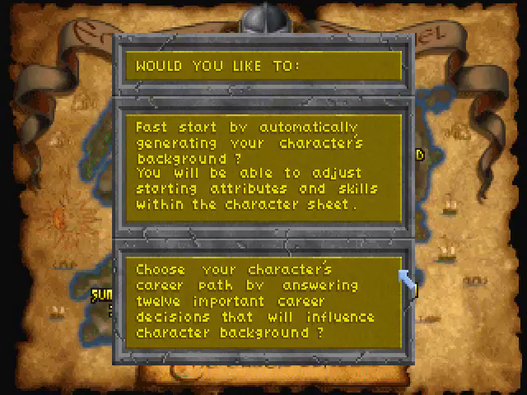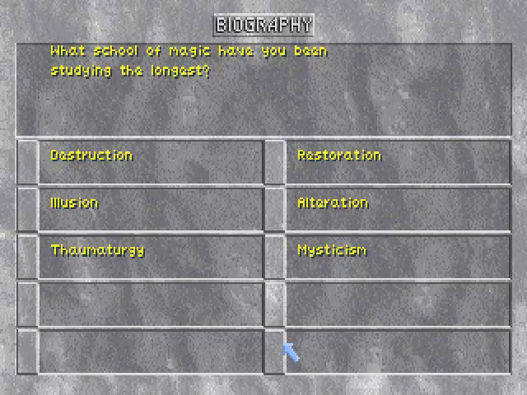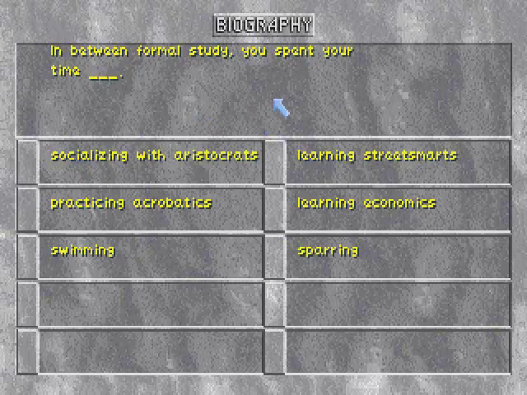And finally, we have the background questions. Daggerfall actually generates a character background for you based on your answers here. What school of magic have I been studying the longest? I'd better take illusion. What motivates you to a life of adventure? I happen to know that if you pick riches, you start the game with extra gold. So we're doing that. In between formal study, you spent your time...